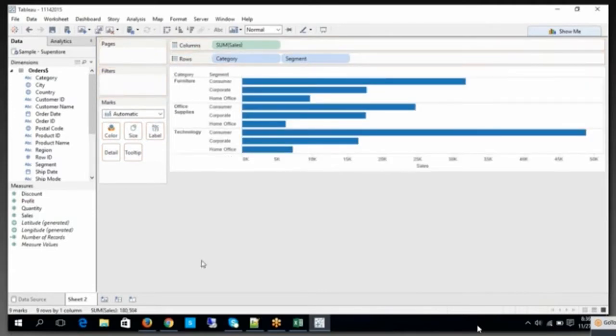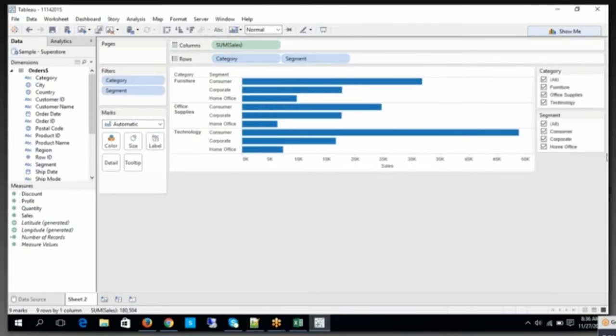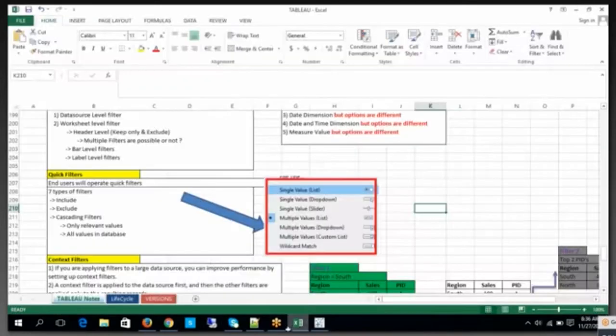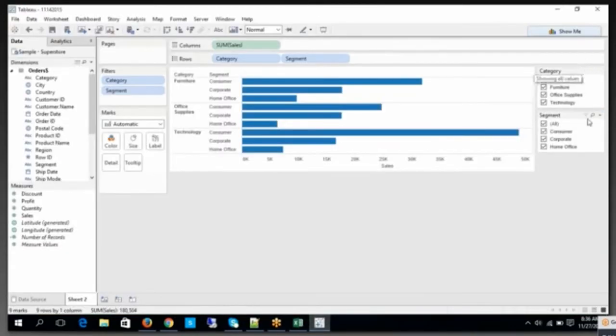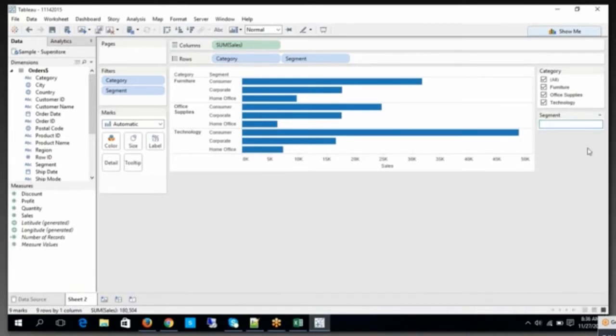Fine. Now, if you observe clearly here, how I can apply the quick filter: simple, select, right click, show quick filter, isn't it? Once you define the show quick filter, on top of this, whatever the filters, as I mentioned, 7 types of quick filters, right? Like single value drop down, single value slider, wildcard, etc. These are all the stuff that you have here. Wildcard in the sense where you can search for the specific value. Okay, in a segment level, do you have any specific value?